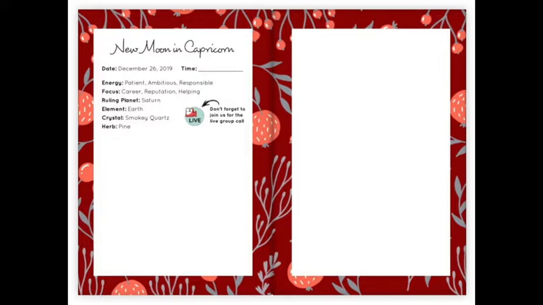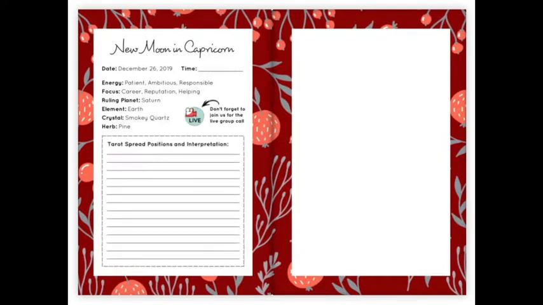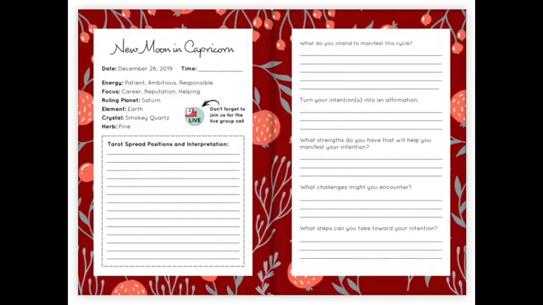And you'll get more information about these before the live call, so you can prepare. You can collect any materials that you need for the ritual so that you're ready to go when we go live. You'll also be given a tarot spread before we go live for each ritual, and there's space to record your interpretations. And then at each new moon, basically what you do is you set your intentions. So there is space on the reverse page to explore your dreams and your desires and your wishes that you want to manifest into your life.